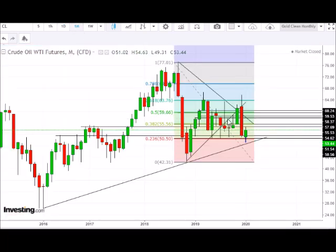So on the monthly time frame view, you can see we are trying to hold on desperately to that 50-50 level. Haven't made much progress compared to the prior months. Red candle, we haven't dug up deep at all. So I still believe firmly that we are going to be going back down into that 48 to 47.60 area, if not lower. And that's just what I'm seeing on my end with the indications and chart patterns and such